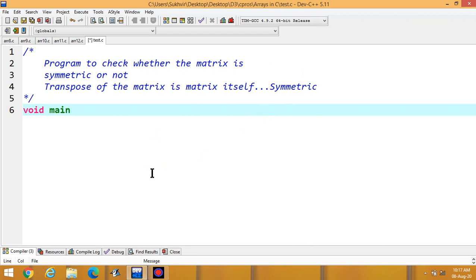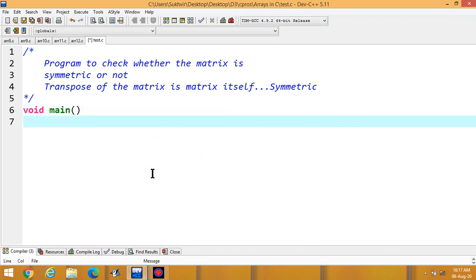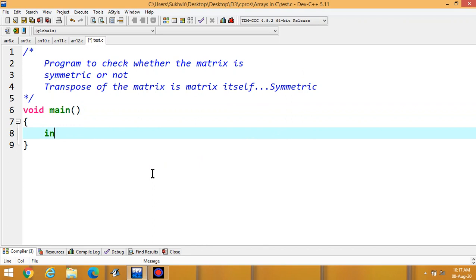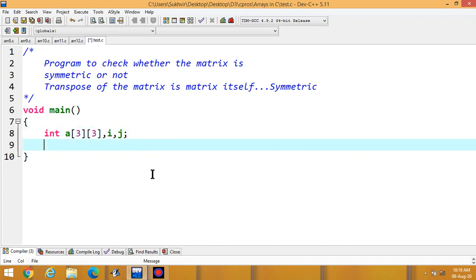For that, the main function is required, then initialization of, let us say, a 3 into 3 matrix or array. To access rows and columns, we can write i and j. For i is equal to 0, i less than 3, i plus plus.